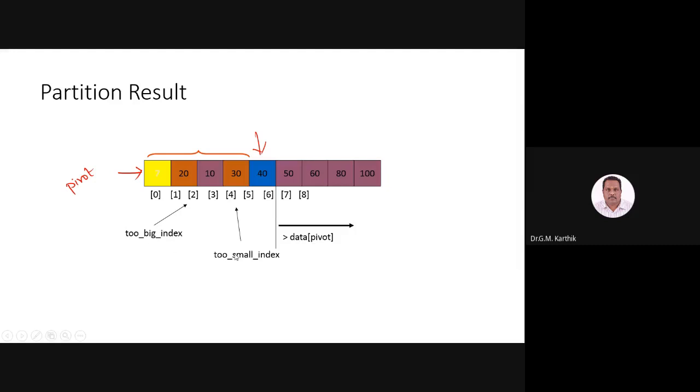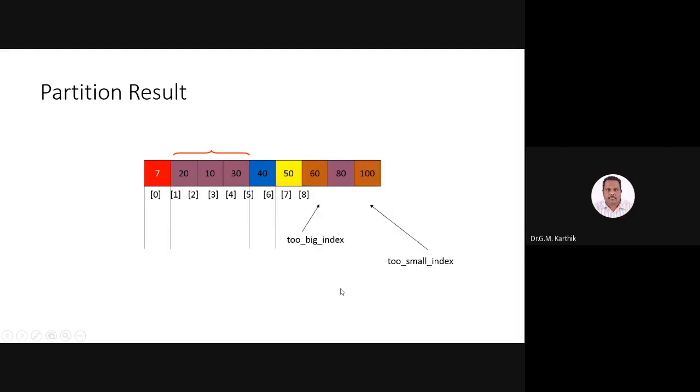In the same way, with the big index and small index: is 20 greater than 7? Yes, so the big index stops. For the small index, 30 is not smaller than 7, 10 is not smaller than 7, then 20 is not smaller, so they get crossed and we stop the process. 7 is in its exact position. Now 7 is done. There is no left side for 7, only the right side subarray is there. It's a recursive call, as I said before. Now between 20, 10, and 30, 20 will be chosen as the pivot element.